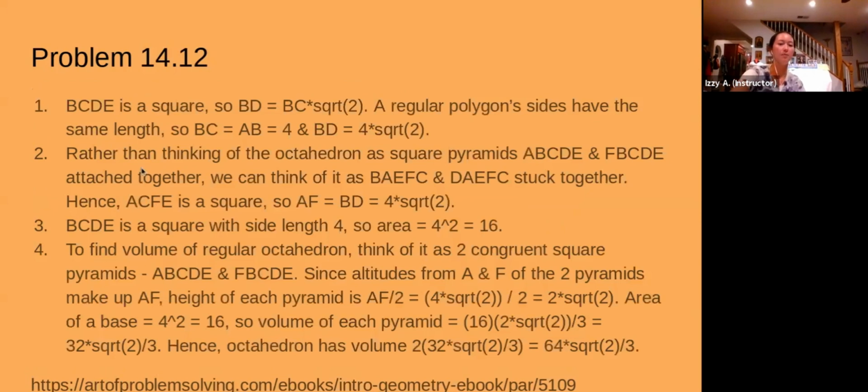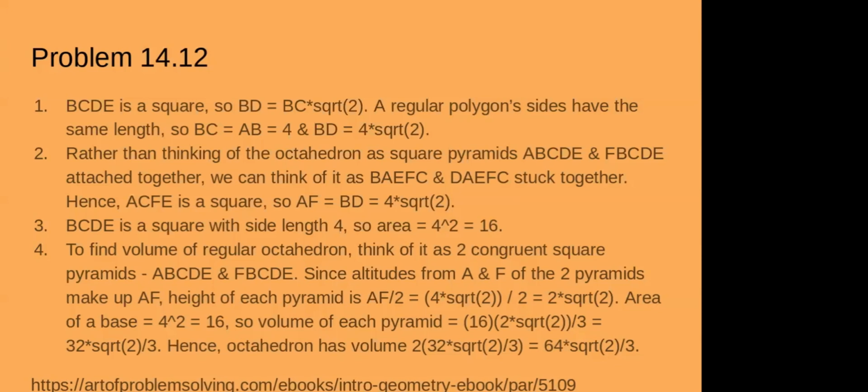So here is a rundown of the explanation, and I'll give you guys some time to review it, and then once we're done with that, we can call it a day. The easiest out of all of these questions is to find the area of BCDE. This is true because it is a square, and we already know the side length, so we can easily tell what it is.